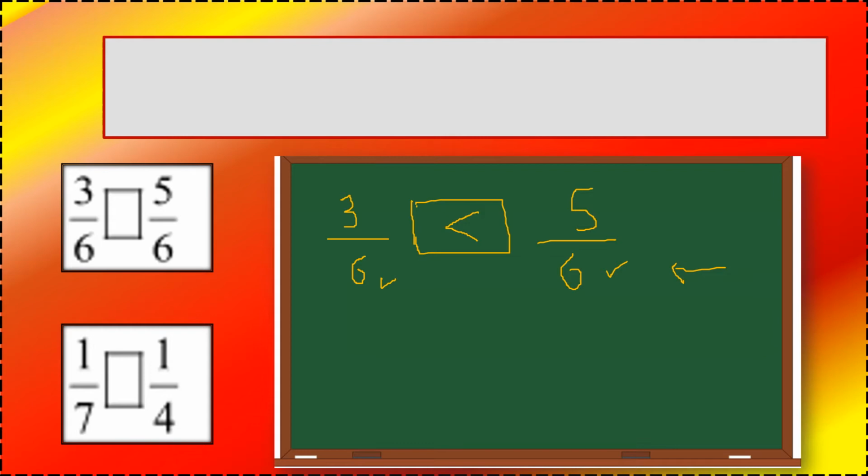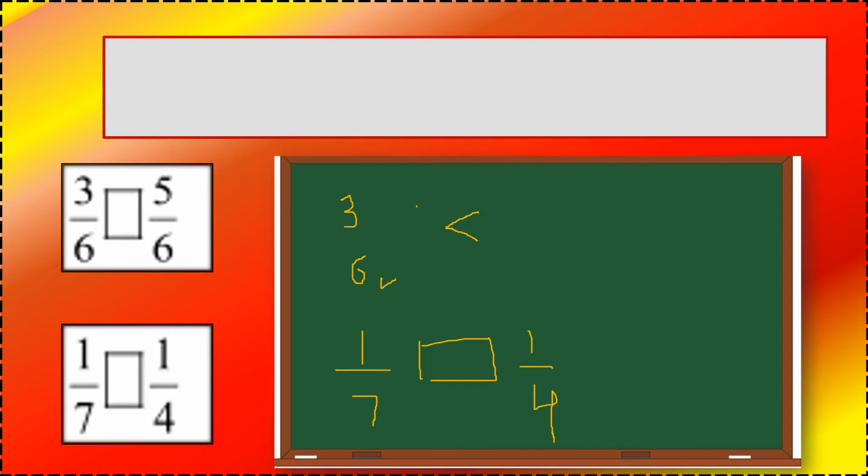Clear? So let me do the second part now for you. Now second part is different. In second, what is happening? You can clearly see the numerator is same, that is 1, and I have to compare it with 1 by 4. Okay, so let me first explain you this, what do we mean by this. Let me erase the question on the top and show you what I mean by this 1 by 7. And what do we mean by different denominators?